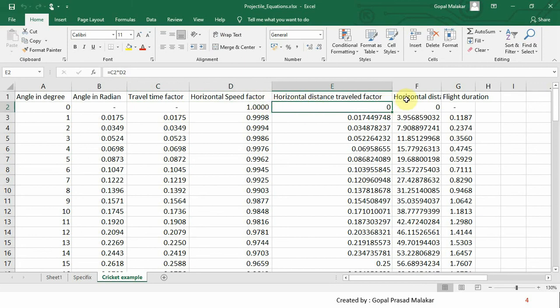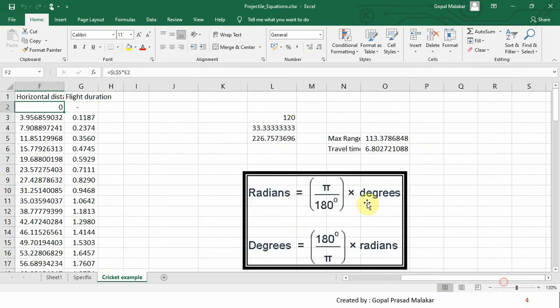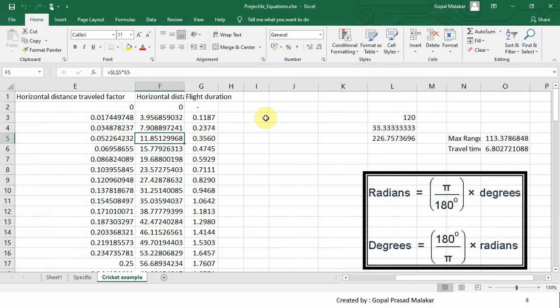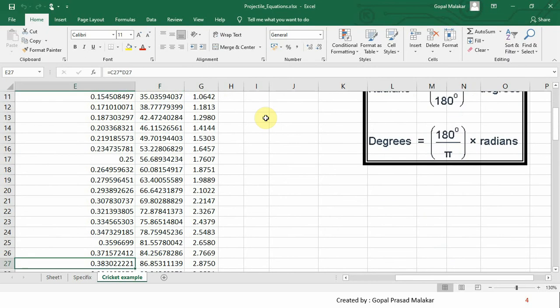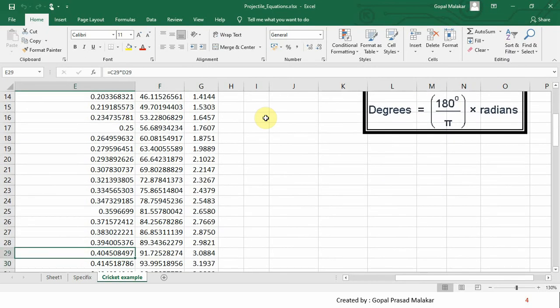So that is the horizontal distance, how much it will go, because what I have done here is that I calculated 2u square by g. So here is the u, I converted that to meter per second, then 2u square by g, and then this is the multiplication, horizontal distance. So it comes out clear cut that anywhere after 27 degree it clears the ground.